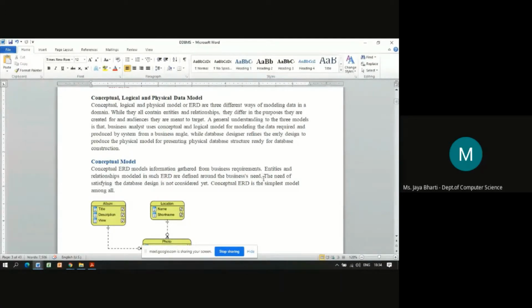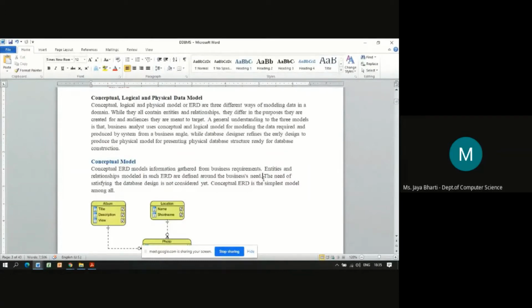See, entities are the real-world things involved in that particular scenario. There are two types of entity: physical entity and logical entity. Physical entities means the employee, customers. These are the physical entities. And logical entities means accounts, loan. These are the logical entities.